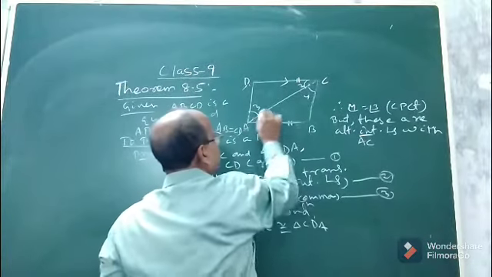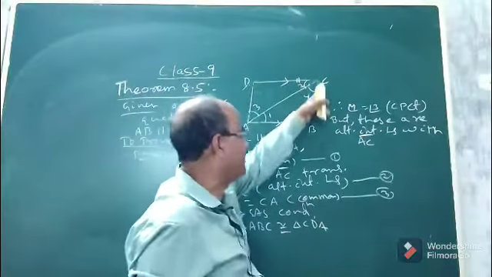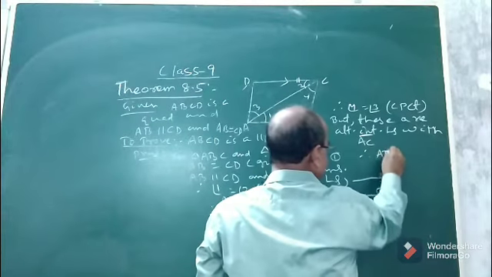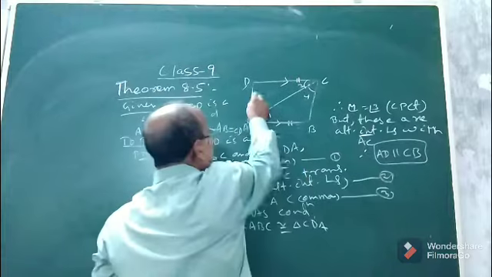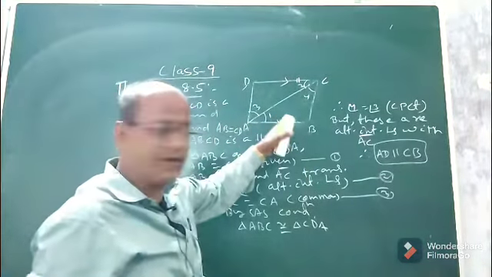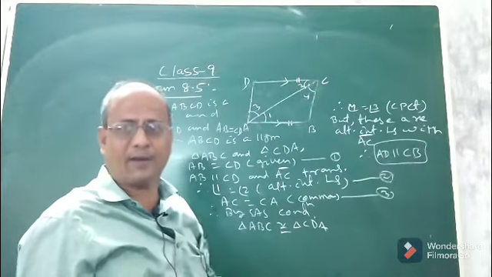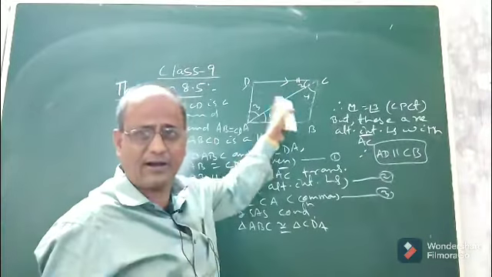So no doubt, if a pair of alternate interior angles is equal, then no doubt AD will be parallel to CB. Therefore AD parallel to CB. So we proved that AD parallel to CB, but we are already given that AB parallel to CD. That means both pairs of opposite sides are what? Parallel. So no doubt the quadrilateral is a parallelogram.